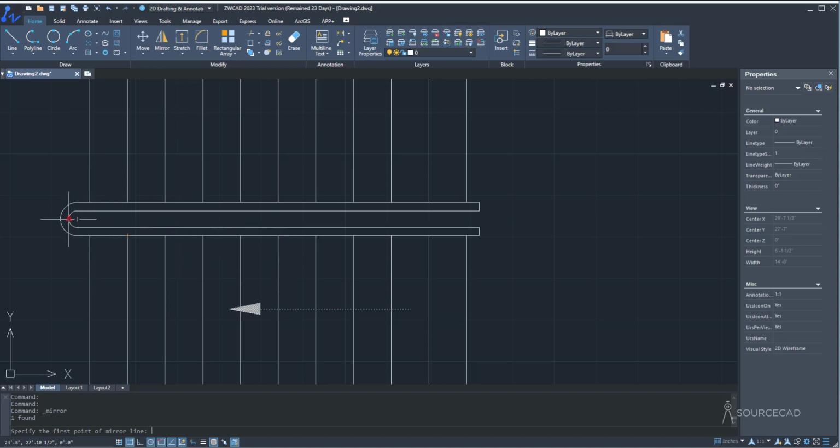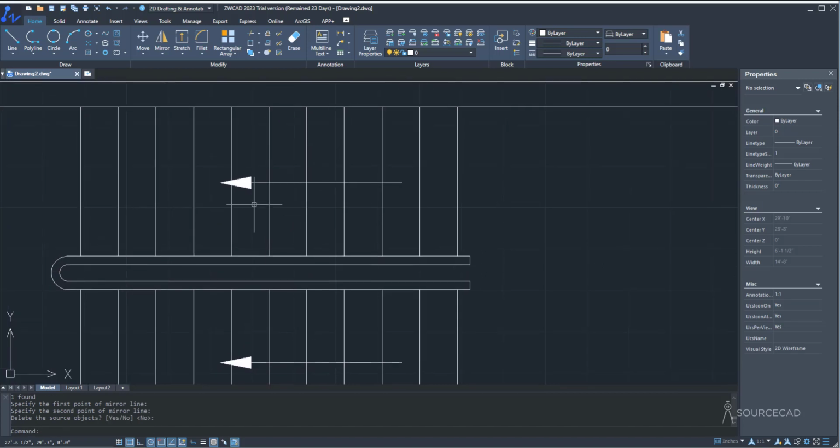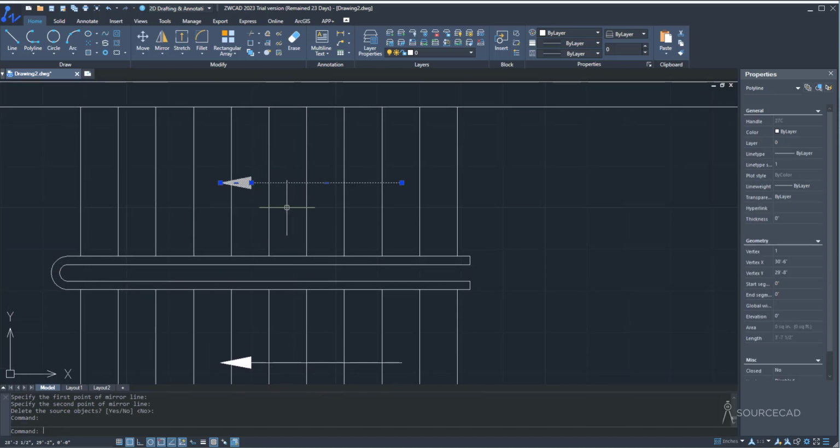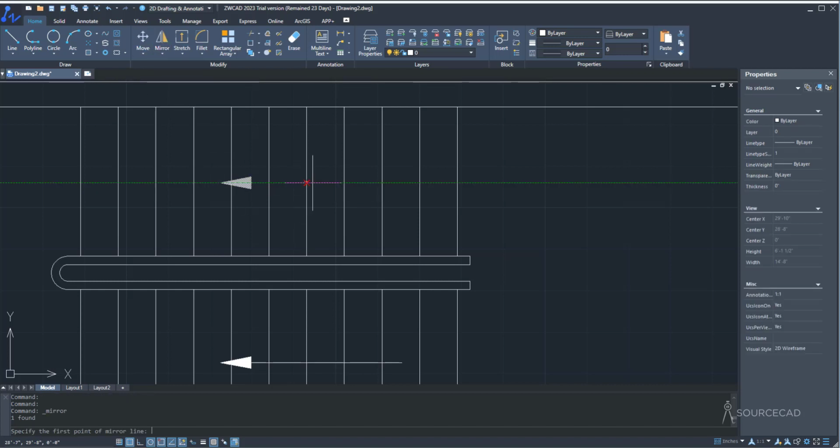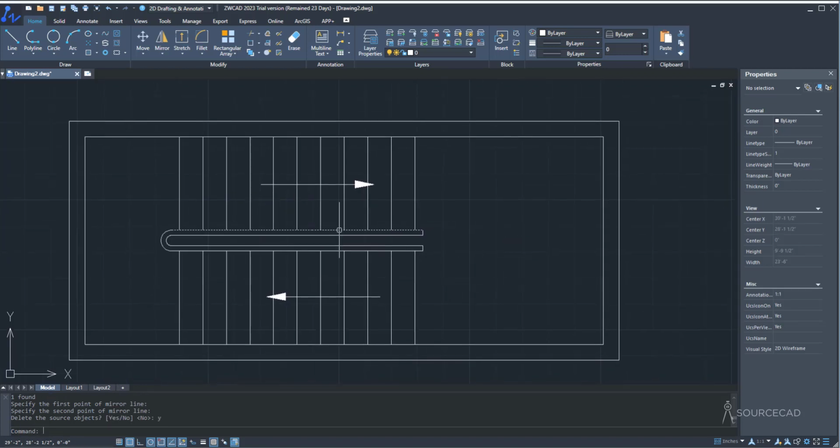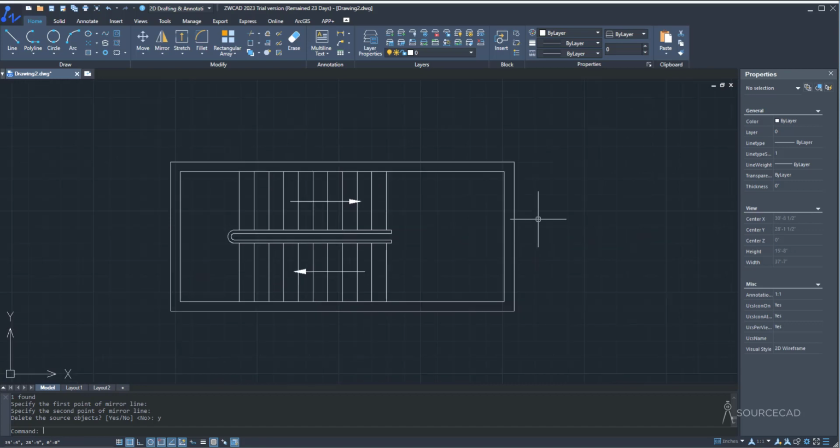And now I'll select this point, this midpoint, and click here and enter. So that's the mirror image. Of course the direction is not right, so let's fix it. Select it. Once again let's go to mirror, and maybe I'll just select this point right about here and just this point right here. Now do you want to delete source object? Well, yes, we want to. So I'll type yes, enter, and we have this, the arrow on the opposite side, and that just finishes the